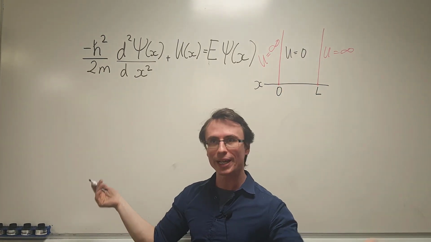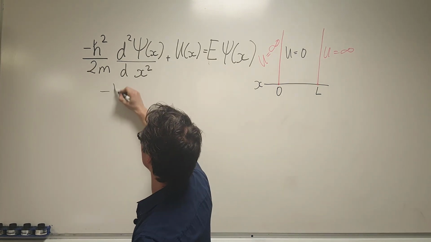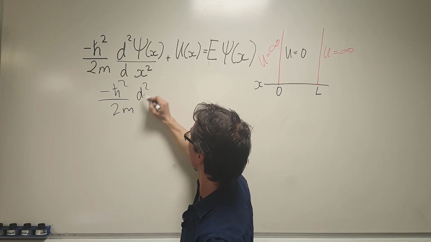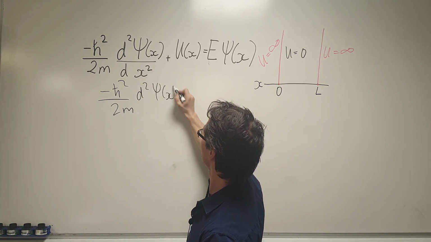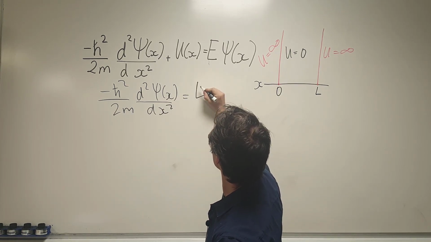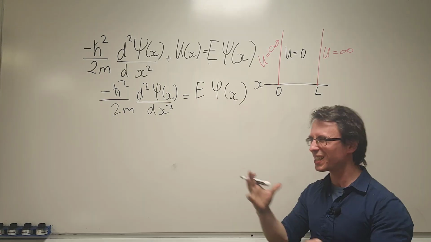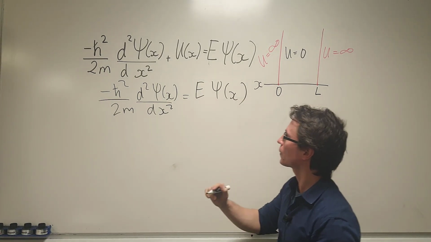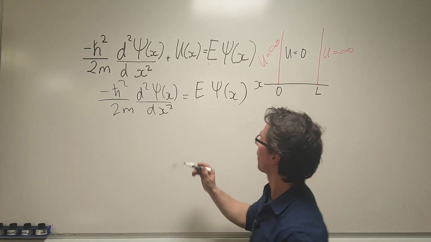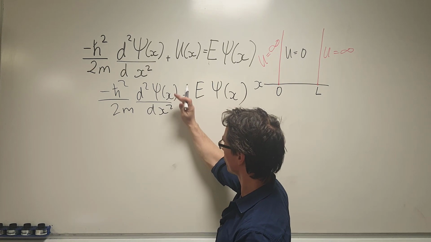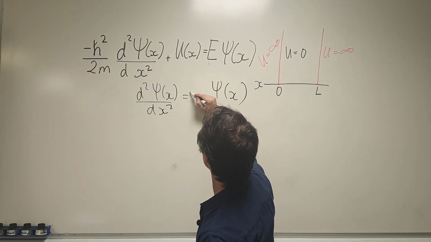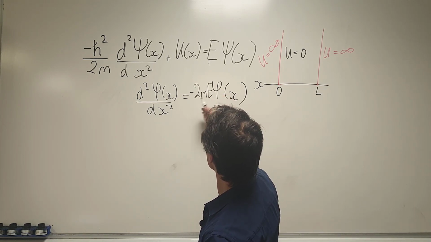So we can just literally rewrite this equation as minus h bar over 2m times the second derivative, d squared psi of x over dx squared, is equal to E psi of x. Let's tidy this expression a little bit. I'm going to move this to one side, and say that the second derivative of psi of x with respect to x will be equal to minus 2mE divided